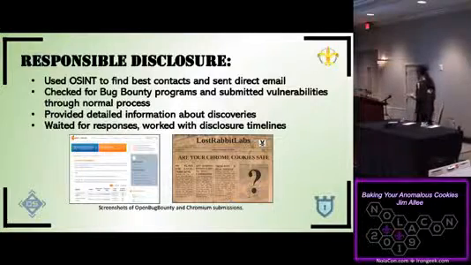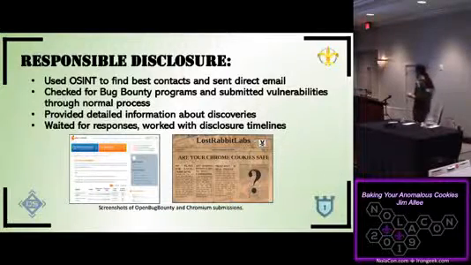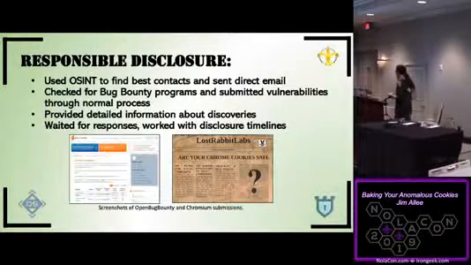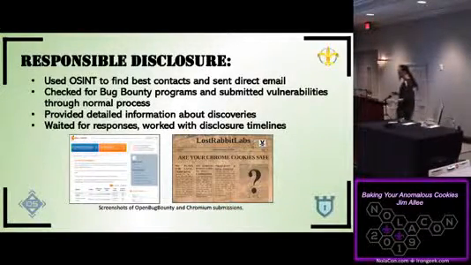This was back in December. I provided all the detailed information about the vulnerabilities. The document on the right there is a comical way that I used to submit this to Google. I didn't want to just send them some boring thing. I kind of wanted to hype it up a little bit, so I made this PDF that looked like an old newspaper declaring that we can weaponize self-XSS now.